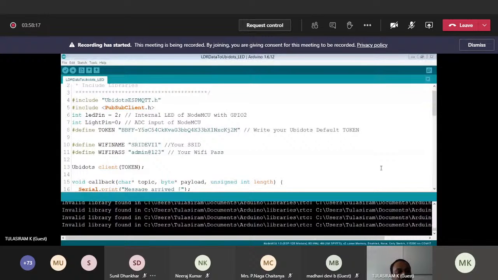So first I will show you this code, and after that I will show you this particular UB site. Okay, so this is the code. So here this is the